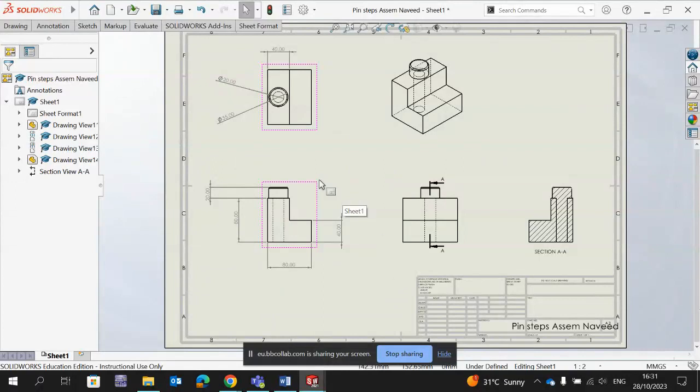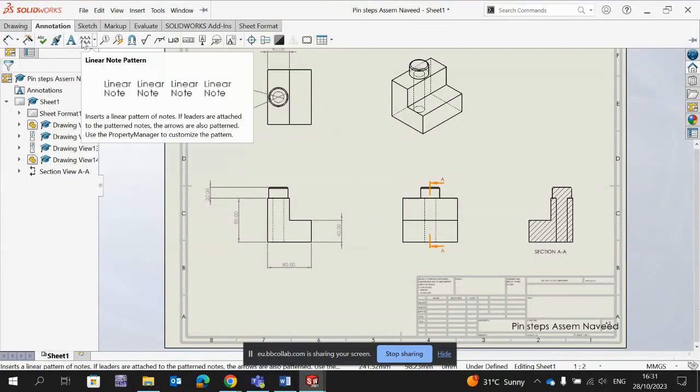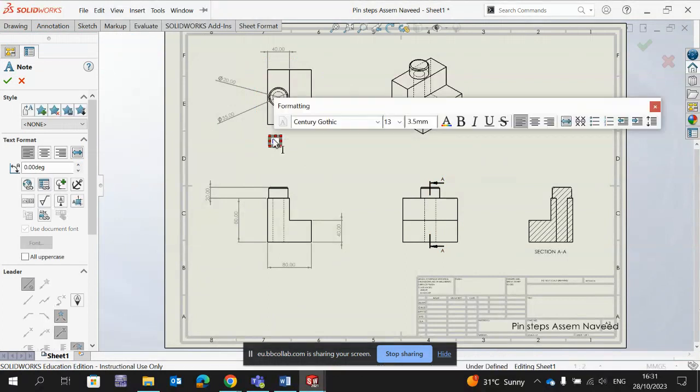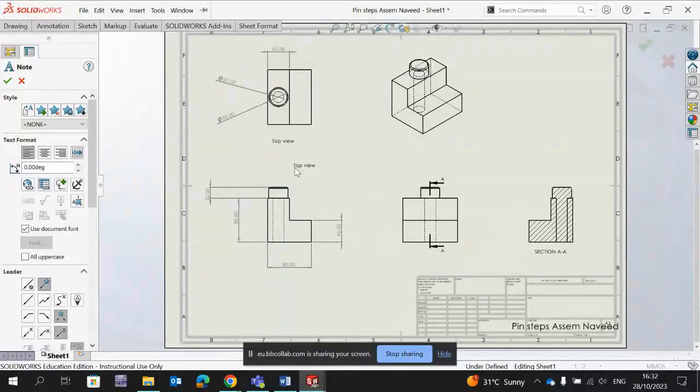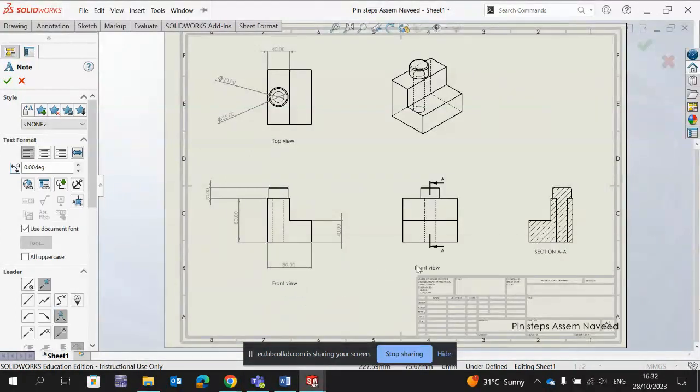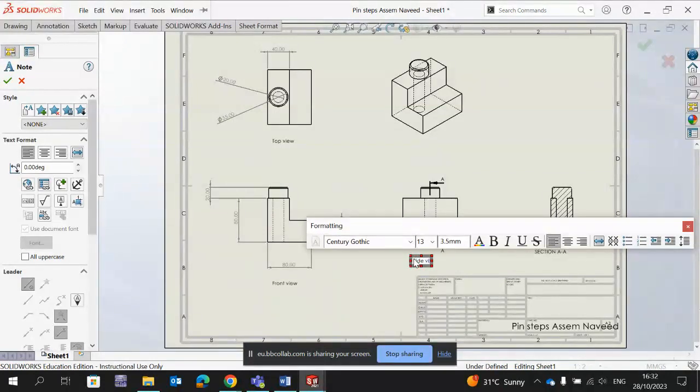Now if you want, you can give names to these views: front view, top view, side view. For that you have to go to annotation, go to this option which is for the note. So this is my top view. Just type top view. Now this option is still activated, so it is going along with my cursor. So this one is my front view. Just type front view. Okay, this is my side view. I will type side view here,